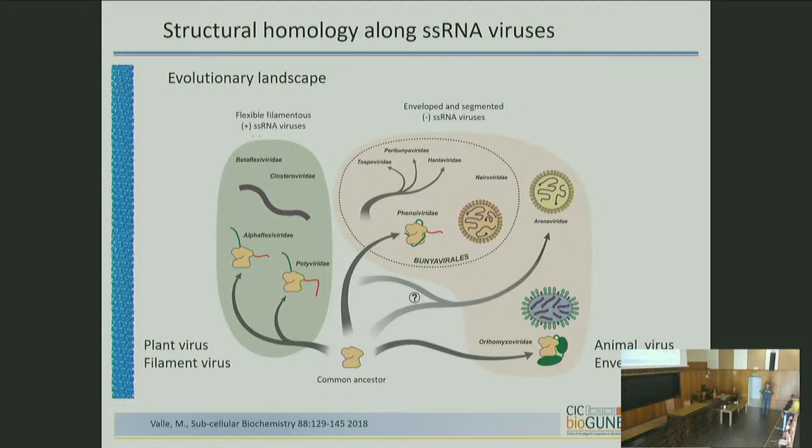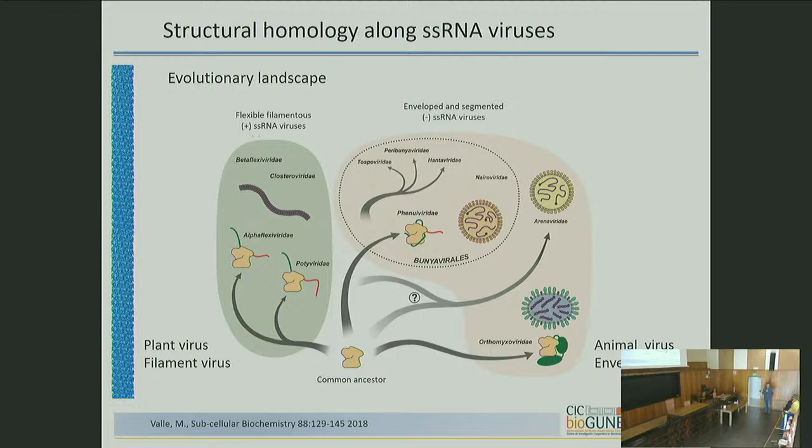If you want to take part of the membrane of the host cell by budding, you cannot do that with a filament because it's not possible. It has to be something spherical. And if you want to be an envelope virus, there are some viruses around, these cytorhabdoviruses, that infect plants and they have a membrane. But since you have the cell wall in plant cells, budding is not forbidden, but is not favored.